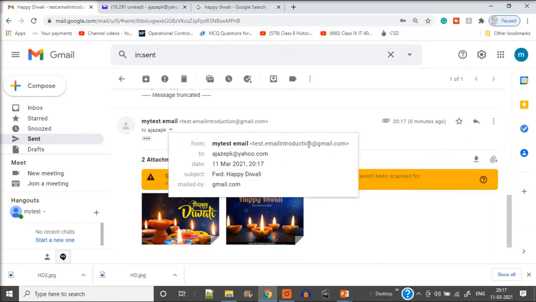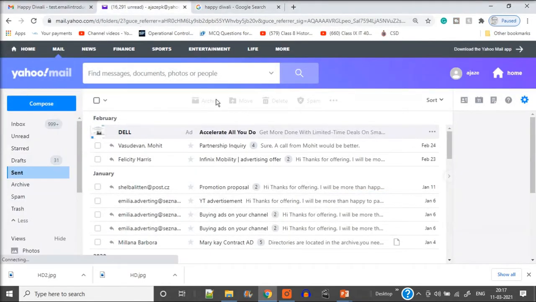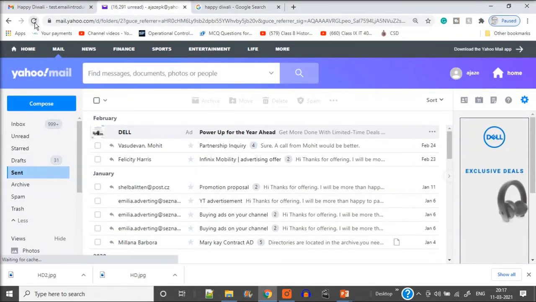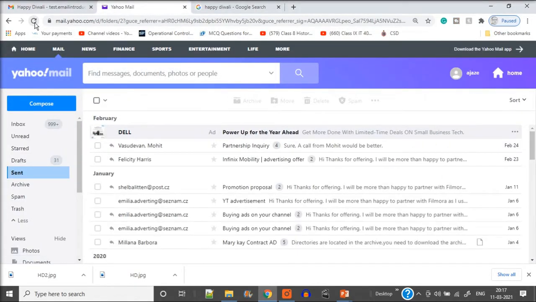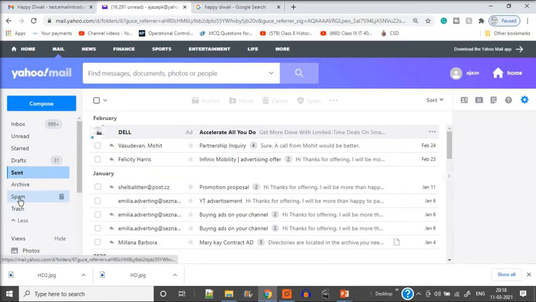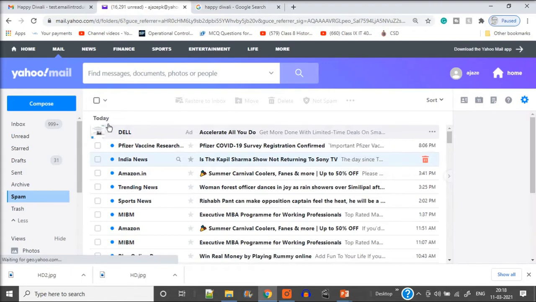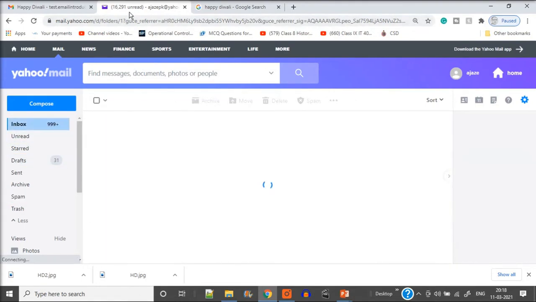So now I send it to the email ID which I wanted to show you. Now let us open this, and now let us refresh. It won't take more than 1 minute, right? It won't take much time. As I said, if you don't get it for a long time, say 5 minutes, 10 minutes, possibly it might go into your spam. So inbox, just press and you'll see the email will come.